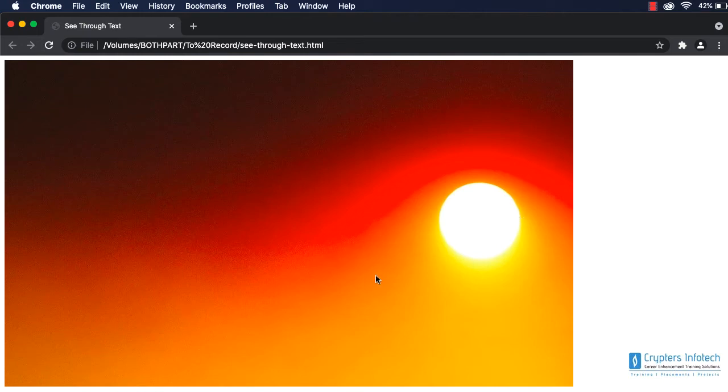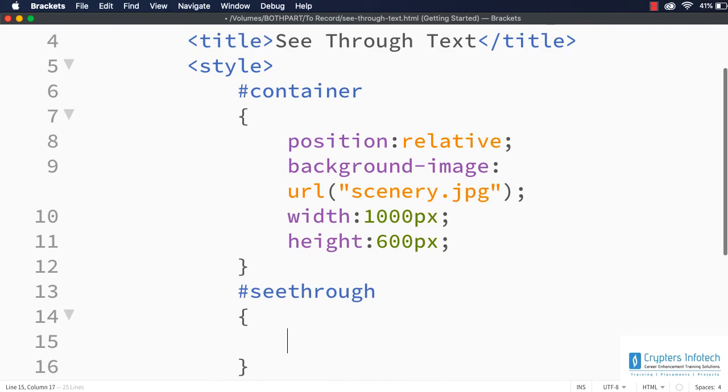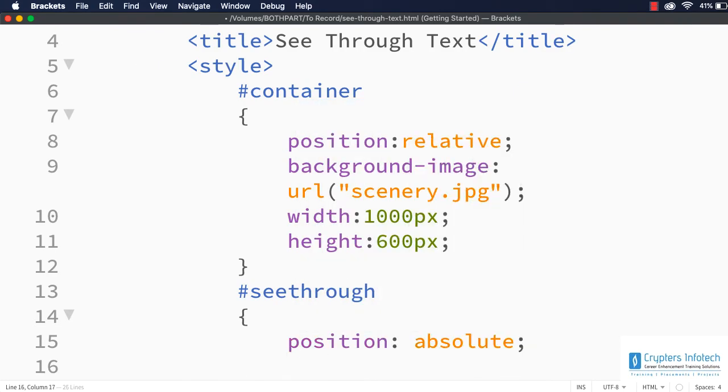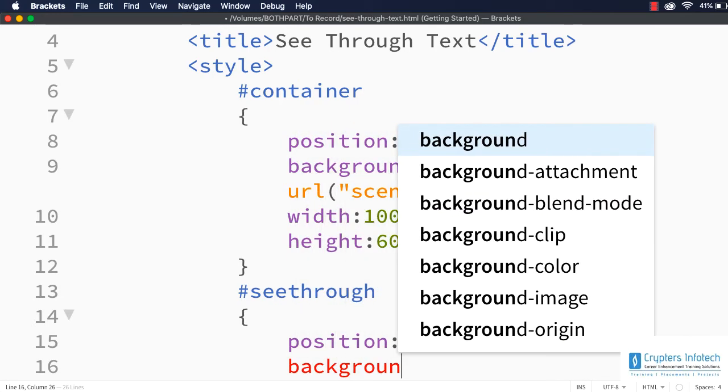We have already added the div element to display the text. So again, let me access the see-through element, #see-through, and let me set the position to be absolute. Position absolute, and let me specify the background color for this text element. Actually we are displaying it within a div element.